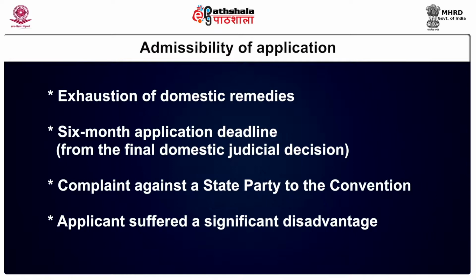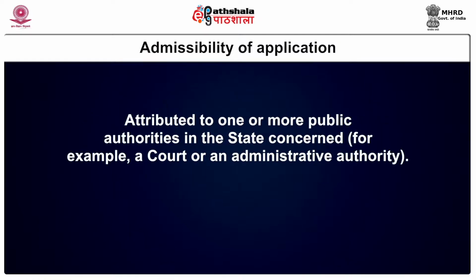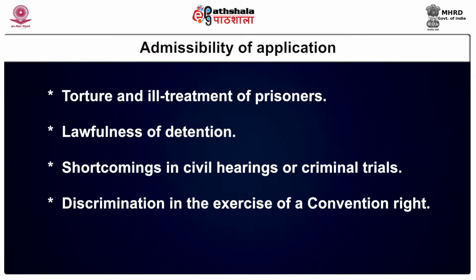The application must be a complaint against a state party to the convention, and the applicant must have suffered a significant disadvantage. It is brought against one or more of the states which are bound by the convention, and which has or have, through one or more acts or omissions, violated the European Convention on Human Rights, attributed to one or more public authorities in the state concerned. For example, a court or an administrative authority. Alleged violations may cover a wide range of issues, such as torture and ill treatment of prisoners,